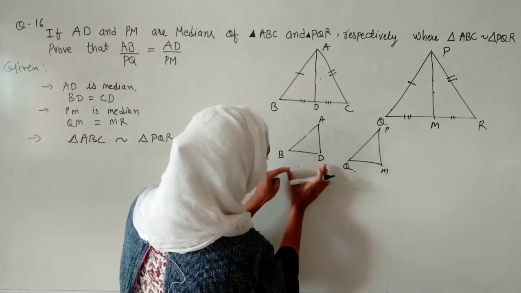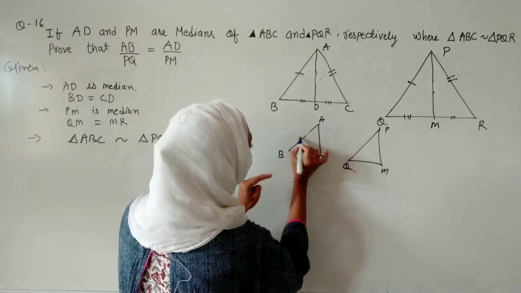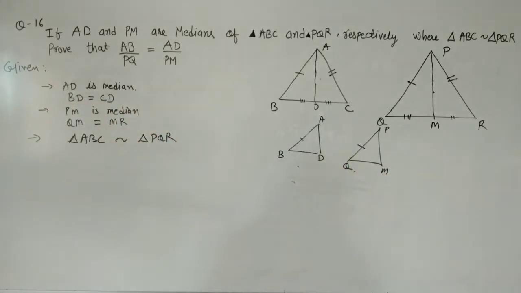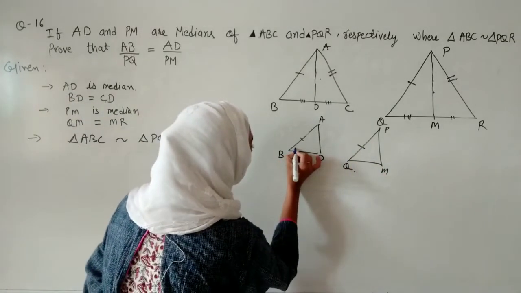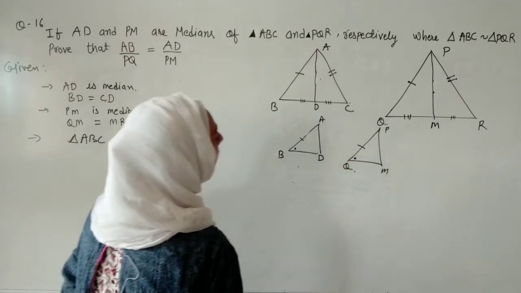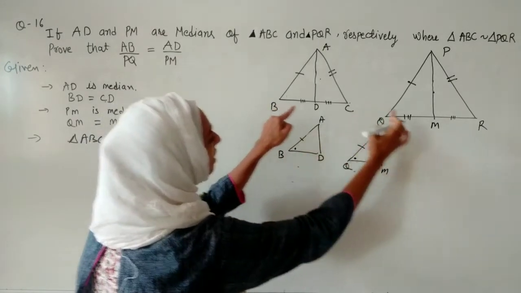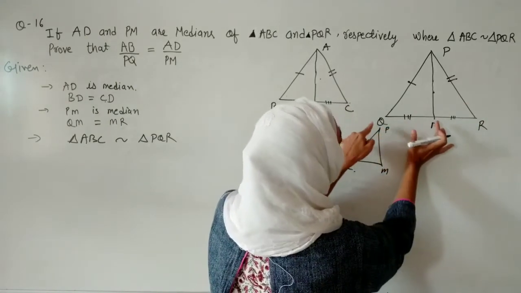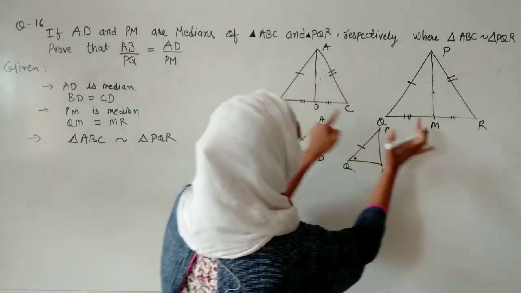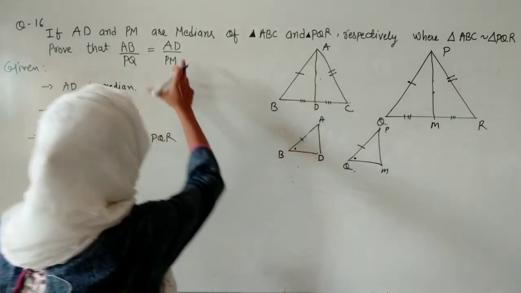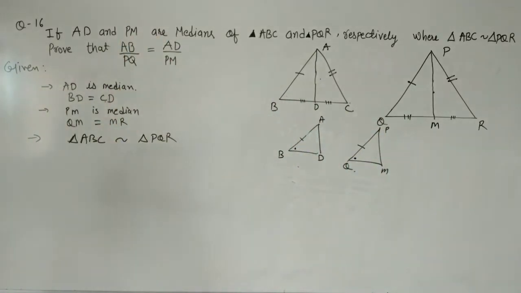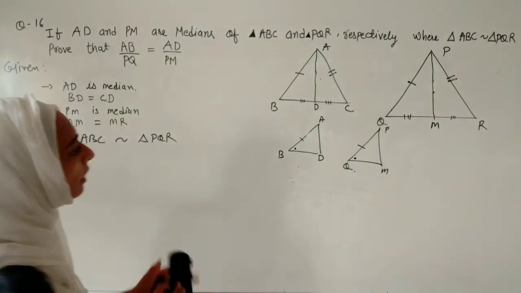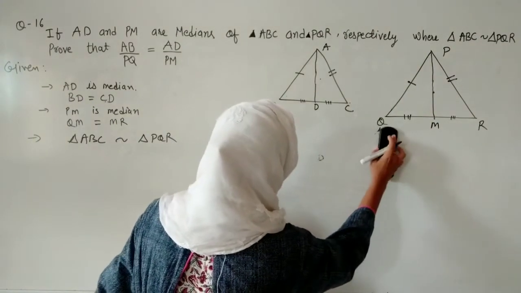If we take this small triangle, in that again AB will come and PQ will come, and as I told you, this angle will come along with that side. And if we have this large side BC and QR, we will divide it into two equal parts, so we will get this ratio of BD and QM also. So we can write whatever we have to prove, and this thing will be easier for us if we do these kinds of things.